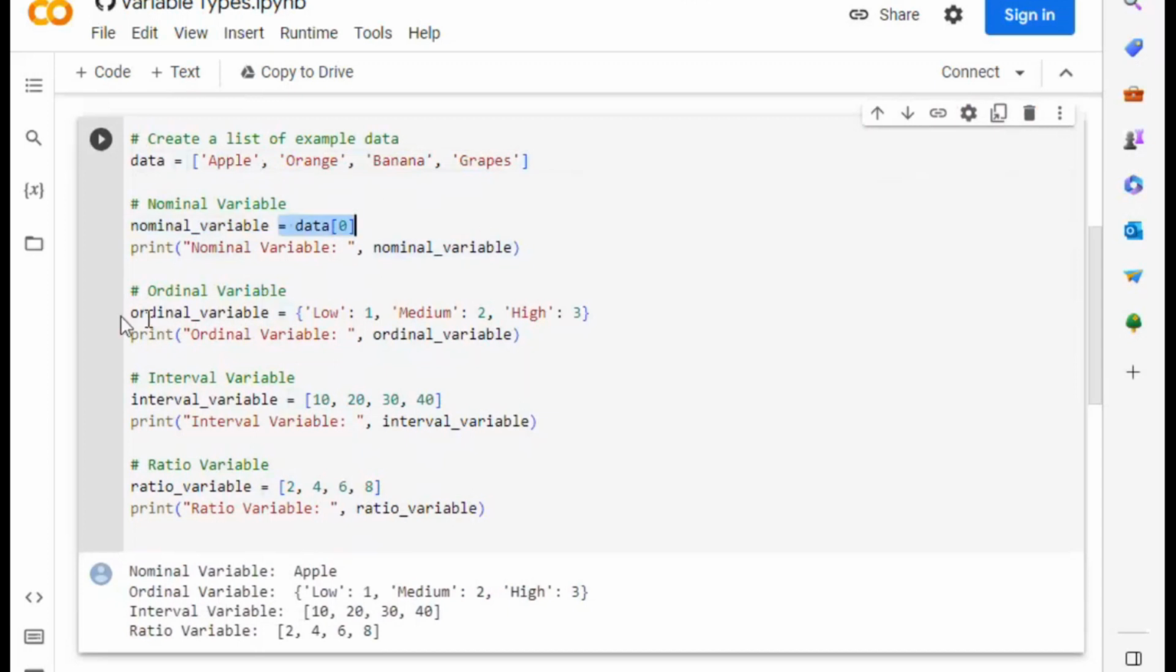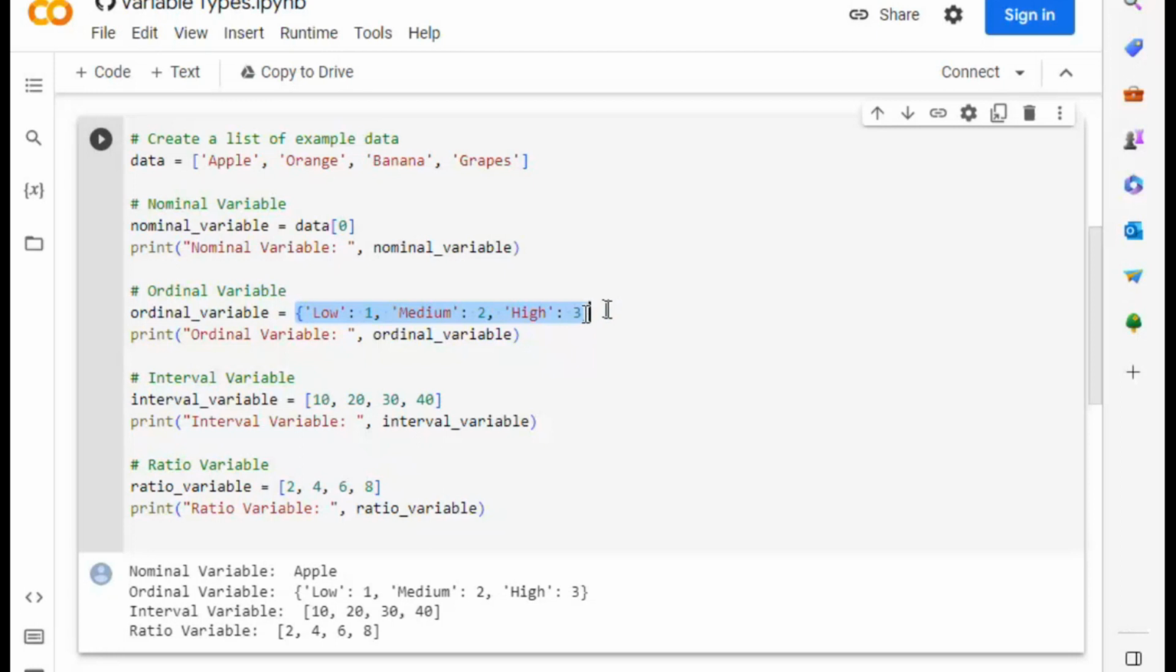For ordinal, we may have, let's say, a level of something, maybe level of measurement. We have three categories: low, medium, and high. These are ordinal. In this case, you can also assign values to them, so you can call map. If you remember last practical session, we used the function map. If you don't want to use the ordinal encoder, you can use the map function